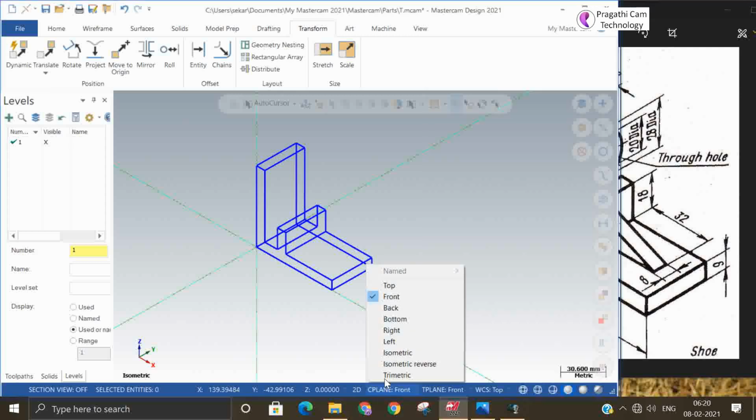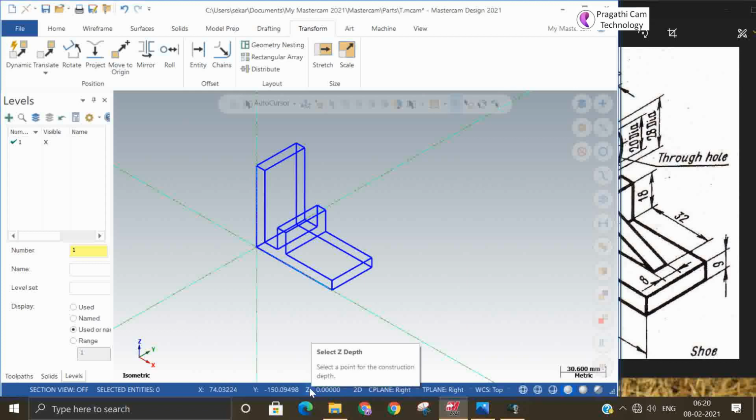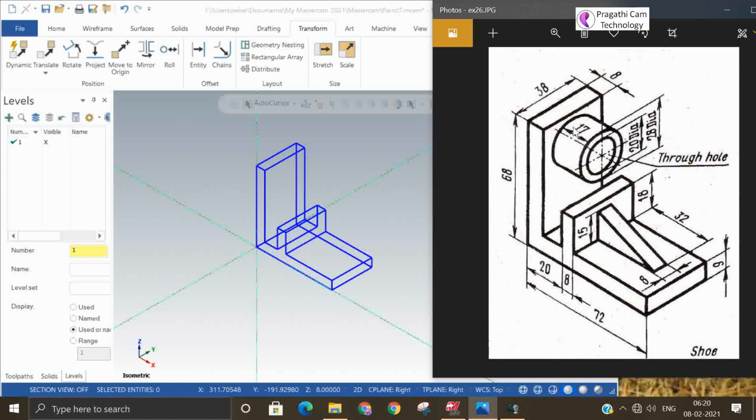So you need to go to the right side view. So I'll keep the C plane right side, and I'll shift my Z. So Z I'll keep on that point. Okay. So now it's on the 8 mm.